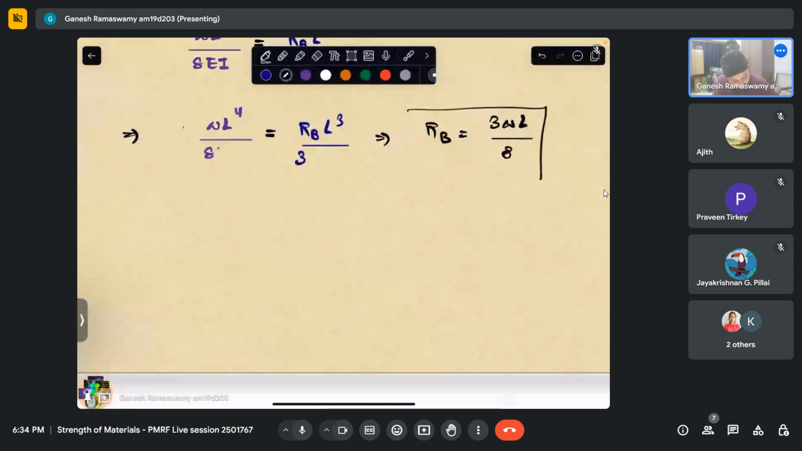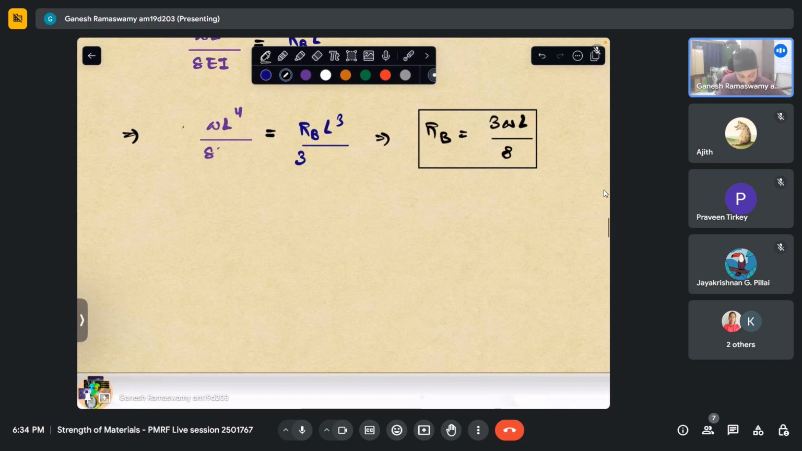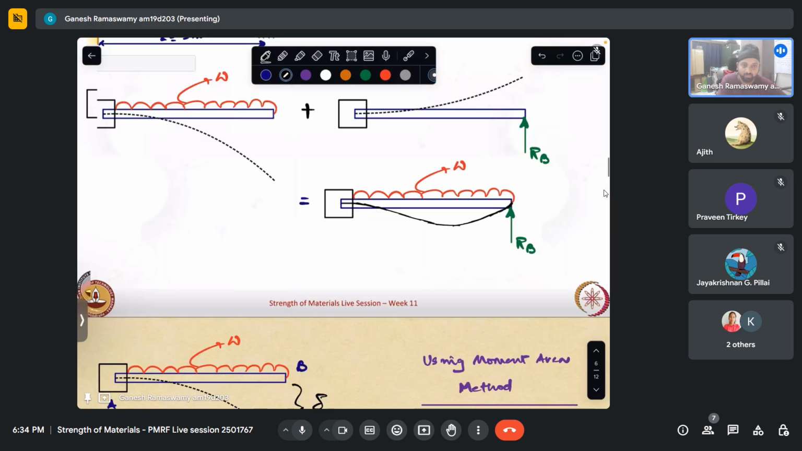So although we brought deflection into the picture even without knowing the section, we have been able to find out RB, which means that for a prismatic section, no matter what the section is, this ratio is not going to change as long as we respect these boundary conditions. So it is nothing but